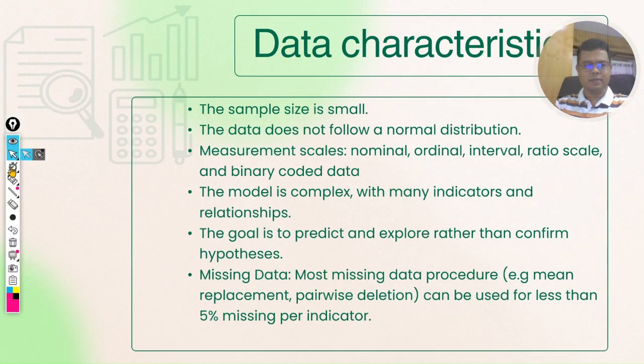data characteristics. In many cases, we don't get a good result if the sample size is small, even less than 100. But structural equation modeling or PLS SEM can handle a small data set, right? Even if the data set is less than 100, SEM can handle it, and you might get a very good predictive value, right? On the other hand,